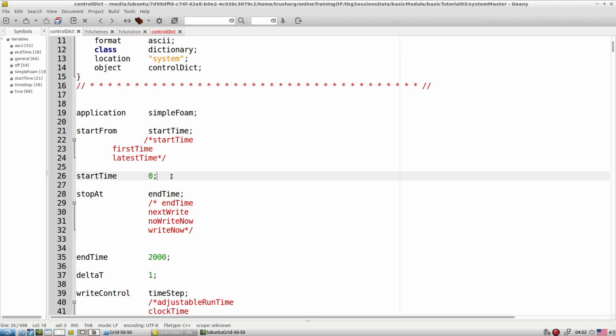Okay, so that way you can manage the starting option in OpenFOAM. Then start time is what you explicitly specify. Then we have another important aspect: where to stop. So end time, you give the end time where you want to stop, or